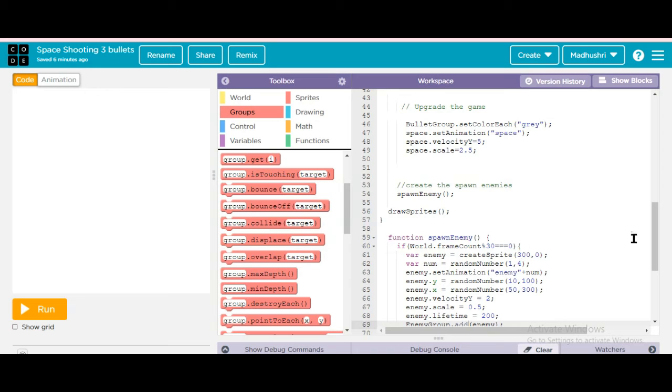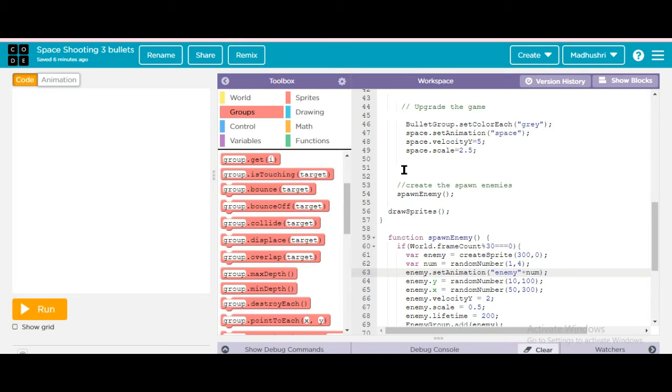If this enemy should collide with the player ship, you have to give this. For example, for spawn enemy you are giving your enemy, then you have to give enemy dot collide player ship; which object you need to collide, you have to give that name as the target. Which object you need to bounce, you can also give like that. So that is called groups.